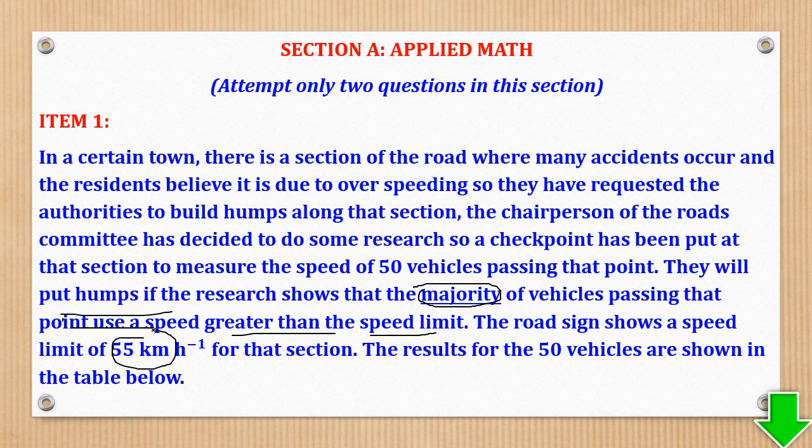So our work is to find the mod. When the mod is bigger than 55, we say they have to put humps. When the mod is smaller than 55, we say they don't need to put the humps. So basically that is it. So we shall come here